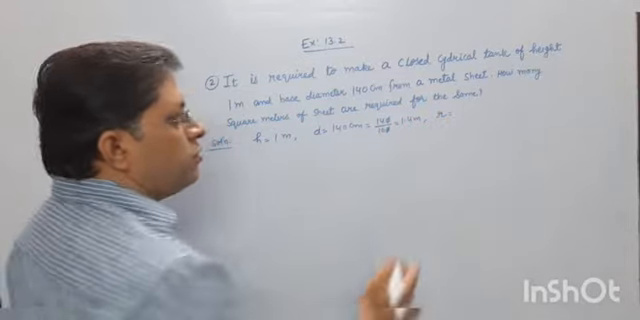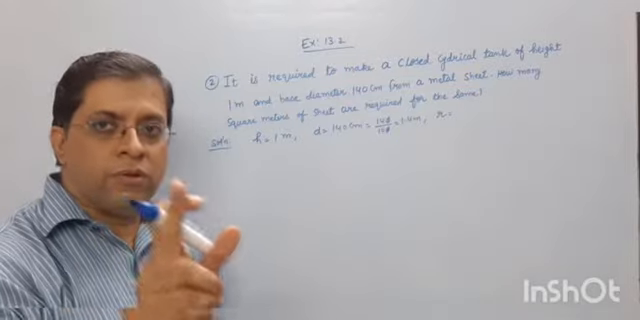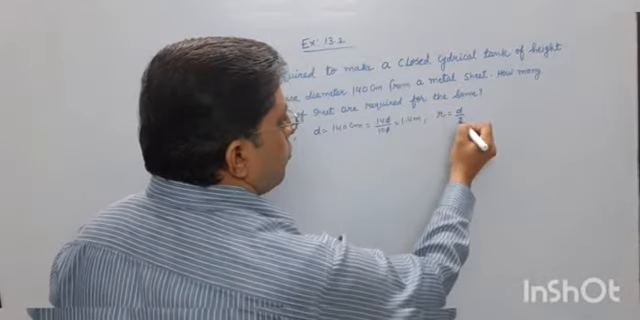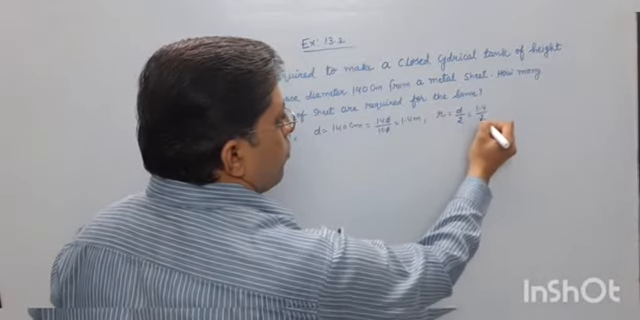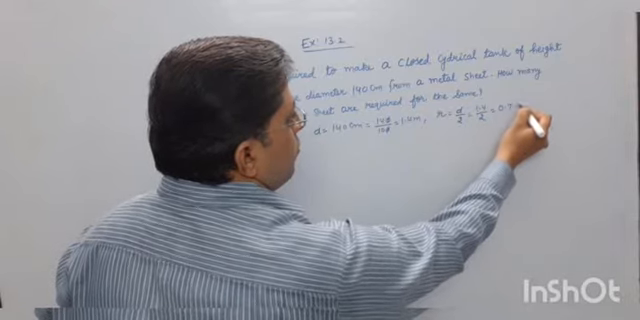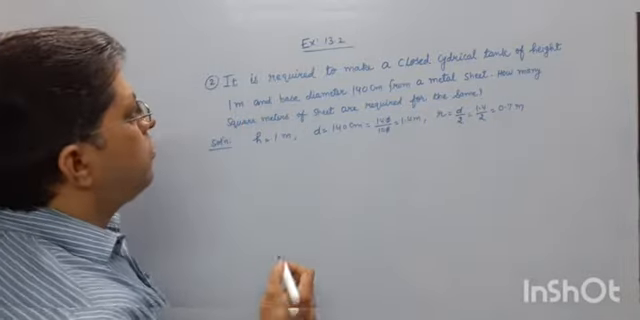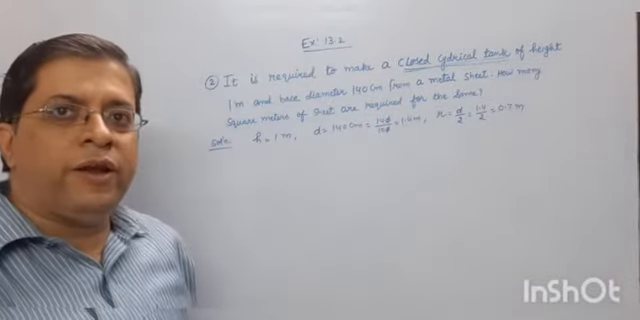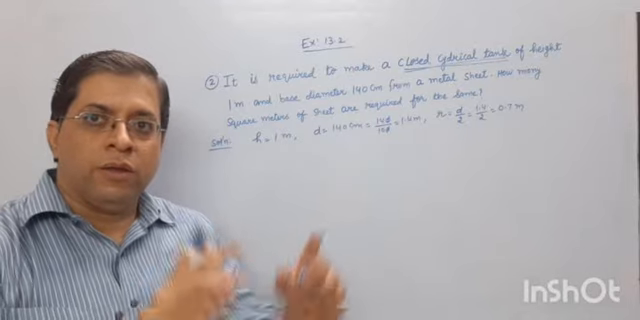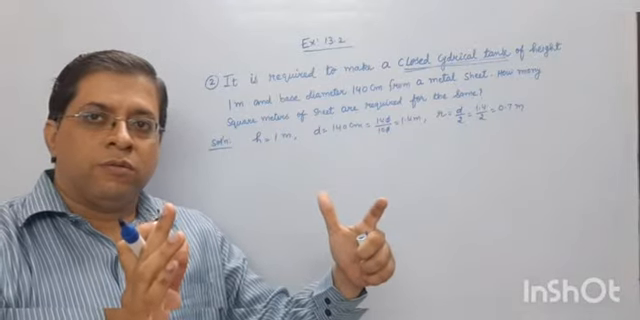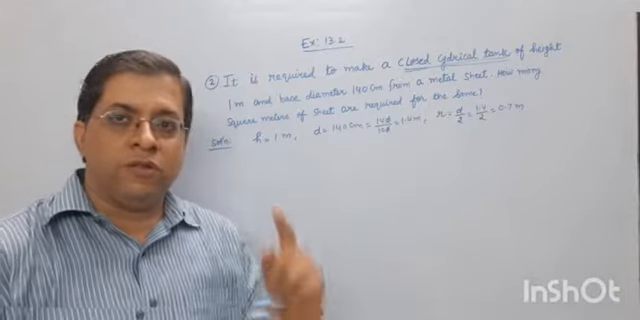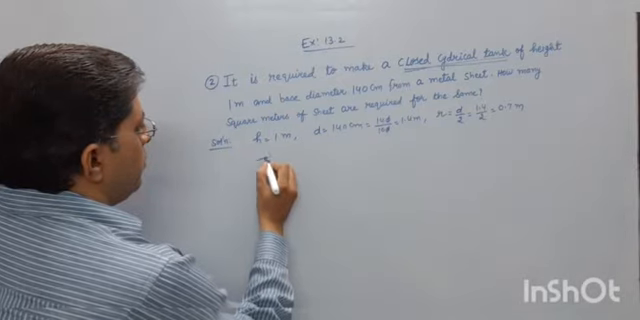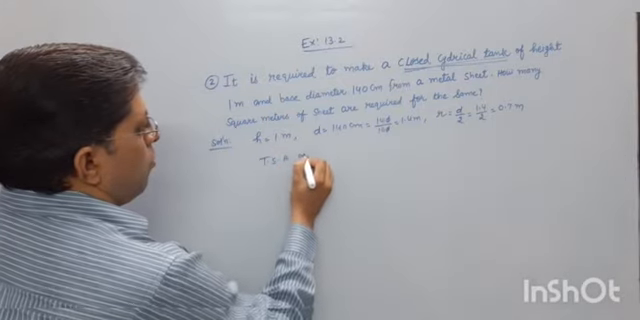Then what will be the radius? Radius is equal to diameter upon 2. This is 1.4 upon 2. This will be 0.7 meter. And this is given to you closed cylindrical tank. Closed cylindrical tank means what? Okay, it means 2 pi r into r plus h. This is the formula of closed cylindrical tank. Okay, then TSA of tank